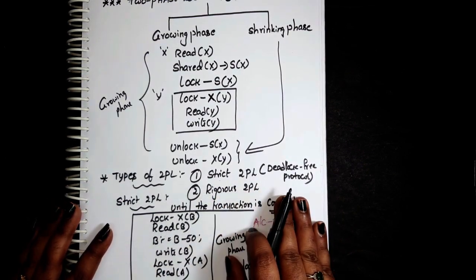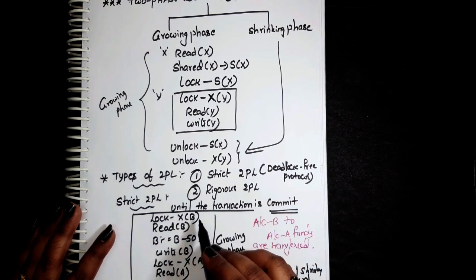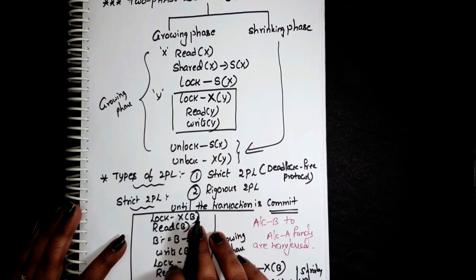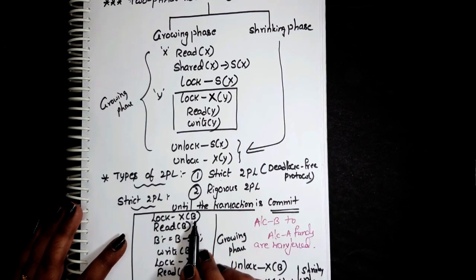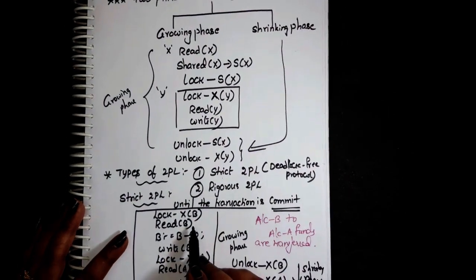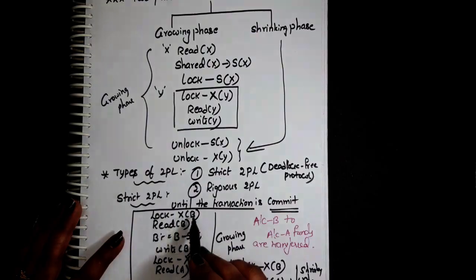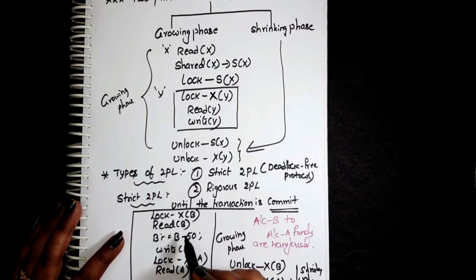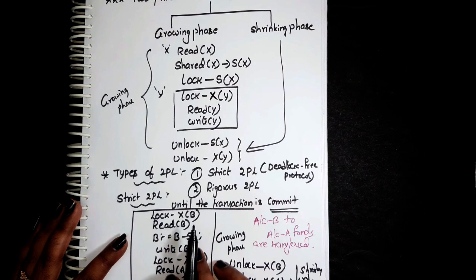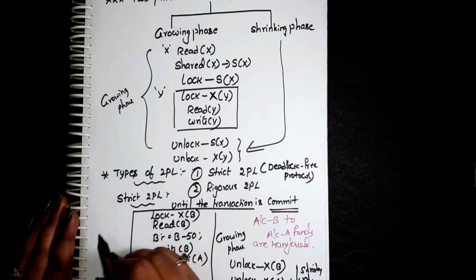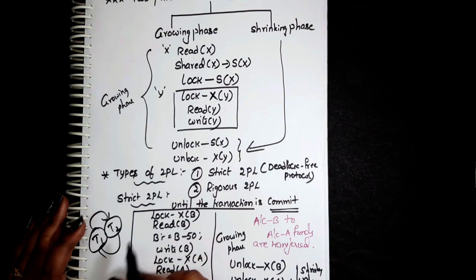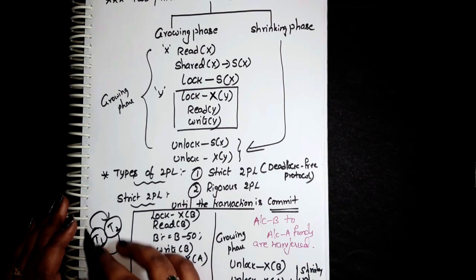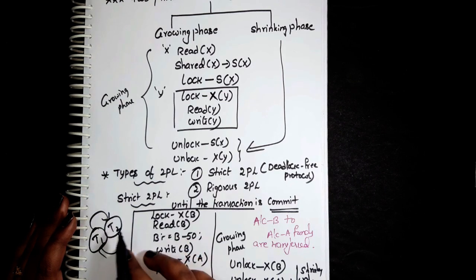If different transactions are executing here, and a transaction holds a particular lock on a particular data item, then when another transaction comes, so T1 holds a lock on B. If the T2 transaction wants to place a lock on the data item B, but the lock has already been placed by the T1 transaction, then if T1 releases the lock, T2 may hold that lock. So T2 is waiting for T1. And here, T1 is waiting for T2 and T2 is waiting for T1. So it may enter into a cycle,